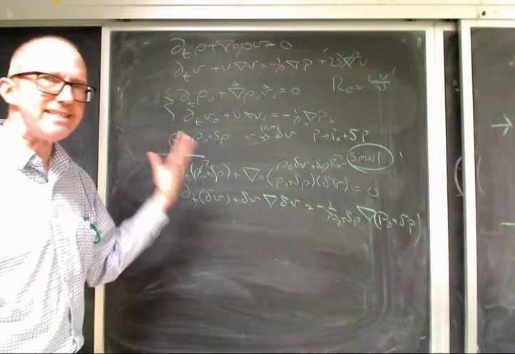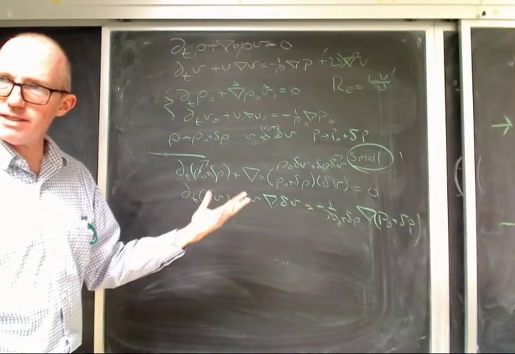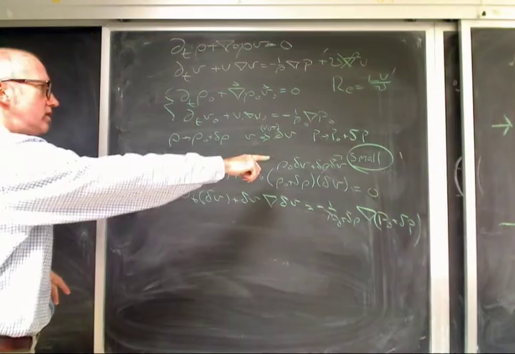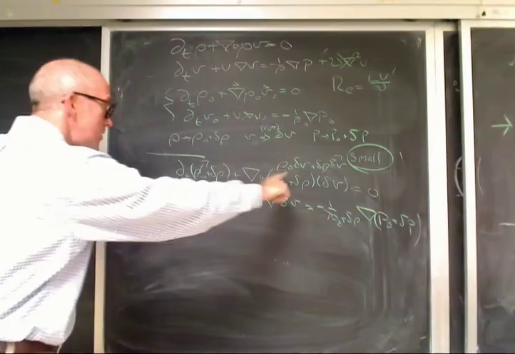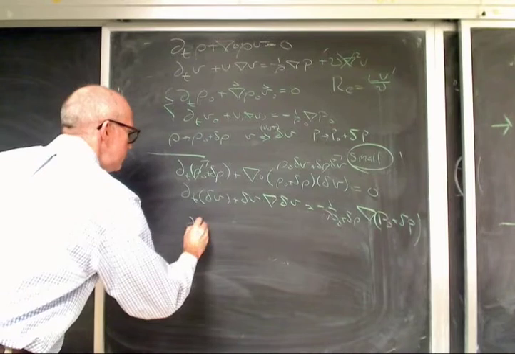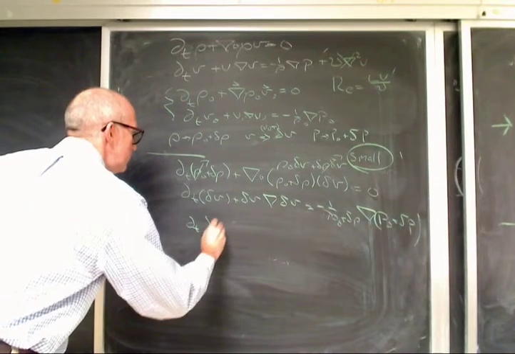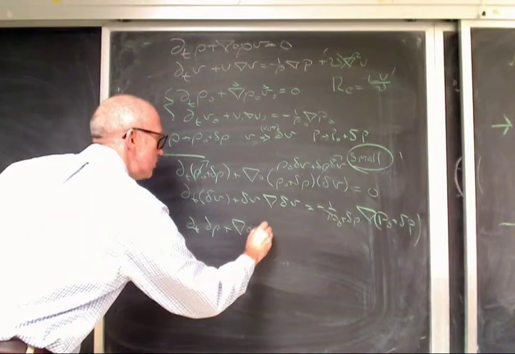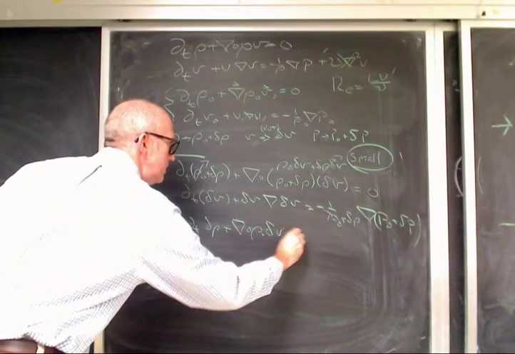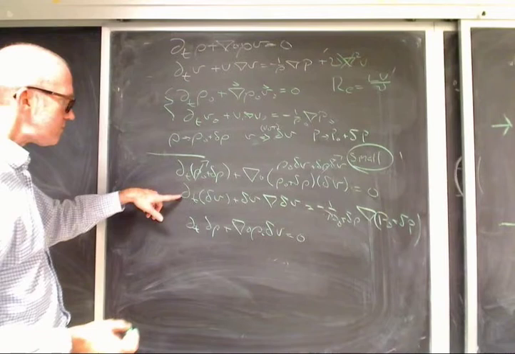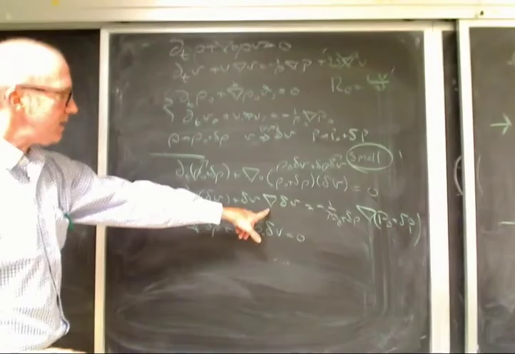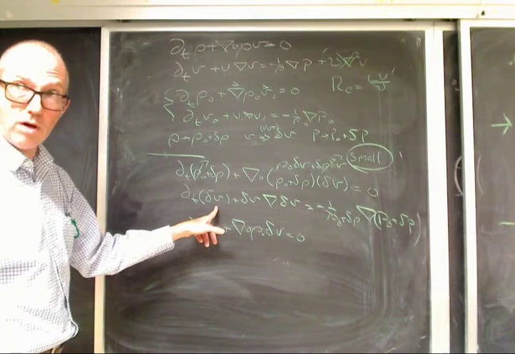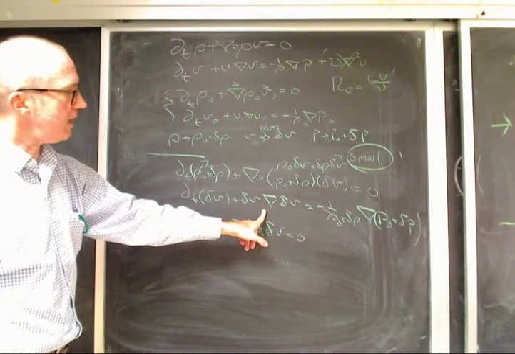Since it's a sound wave, the density isn't changing very much from the sound of my voice, right? You're not feeling that on your ears. So it's a pretty good assumption that it's small. Okay, so now this equation, let's rewrite it, becomes d by dt of delta rho plus div, the only thing that's left is rho naught delta v, equals 0. And then this next term, d delta v by dt, that's what I want. Delta v dot grad delta v.